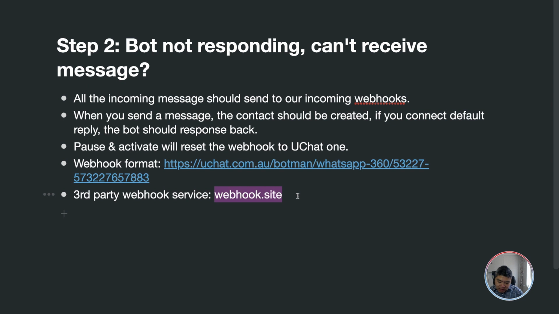So that is 99% of the reasons why your 360Dialog chatbot is not working. You just go through this whole process. Make sure you connect it properly, make sure your connection is verified, make sure you can sync your WhatsApp template messages, make sure you can send out messages properly, and also make sure the inbound webhook can receive the data properly. If you have any issues, I think by the end of this video you already know which